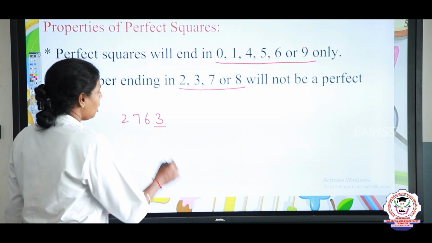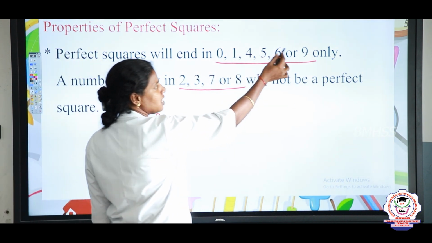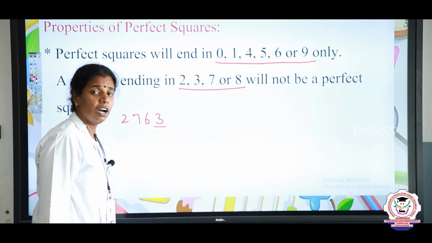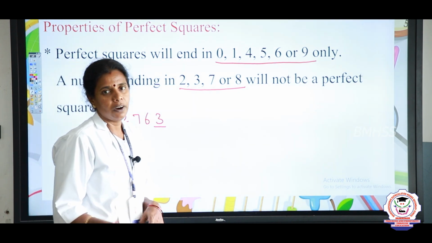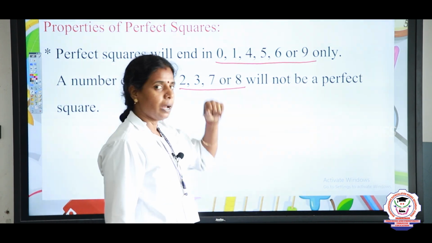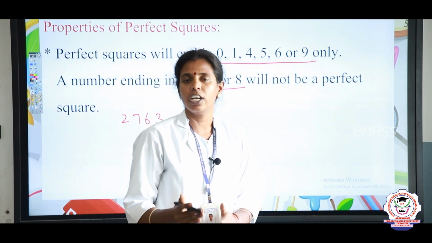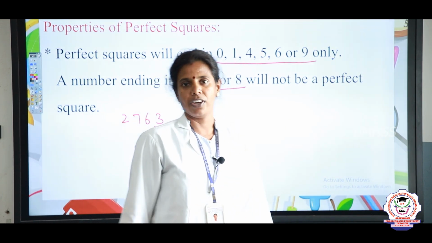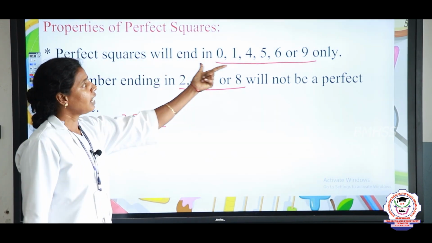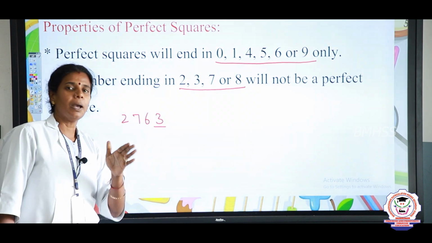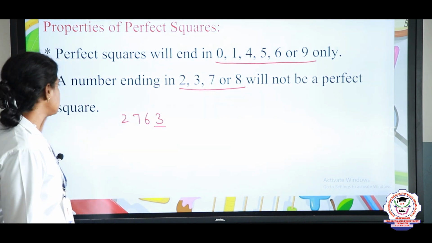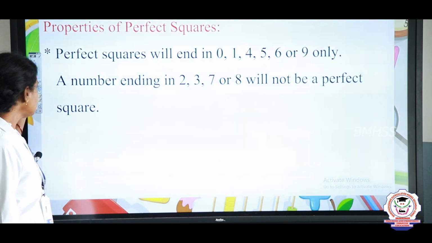The number which ends in 0, 1, 4, 5, 6 or 9 may be a perfect square. So by seeing the number we can say whether it may be a perfect square or will not be one. How to confirm that a number ending in these digits is a perfect square, we will see in the exercise. And the next property is